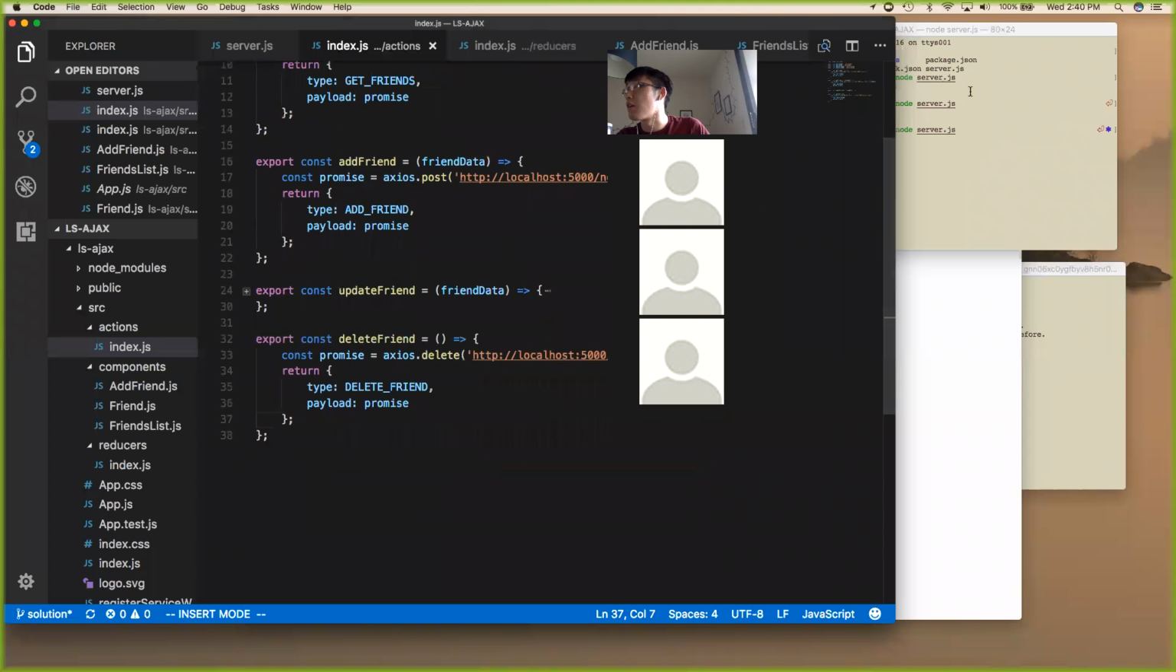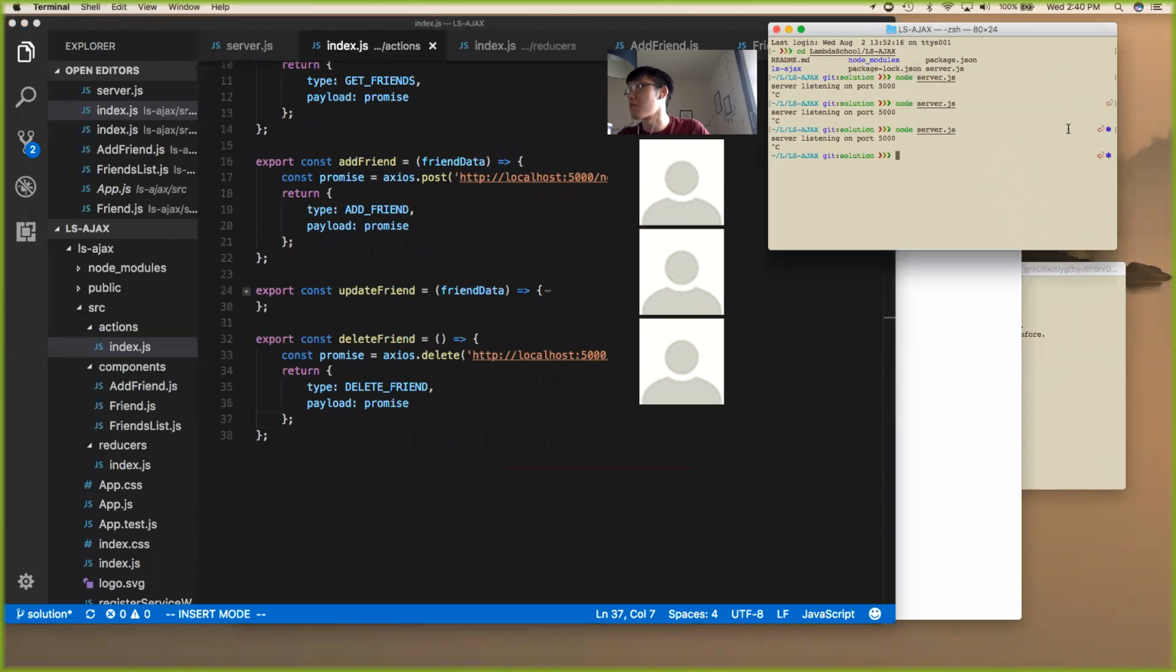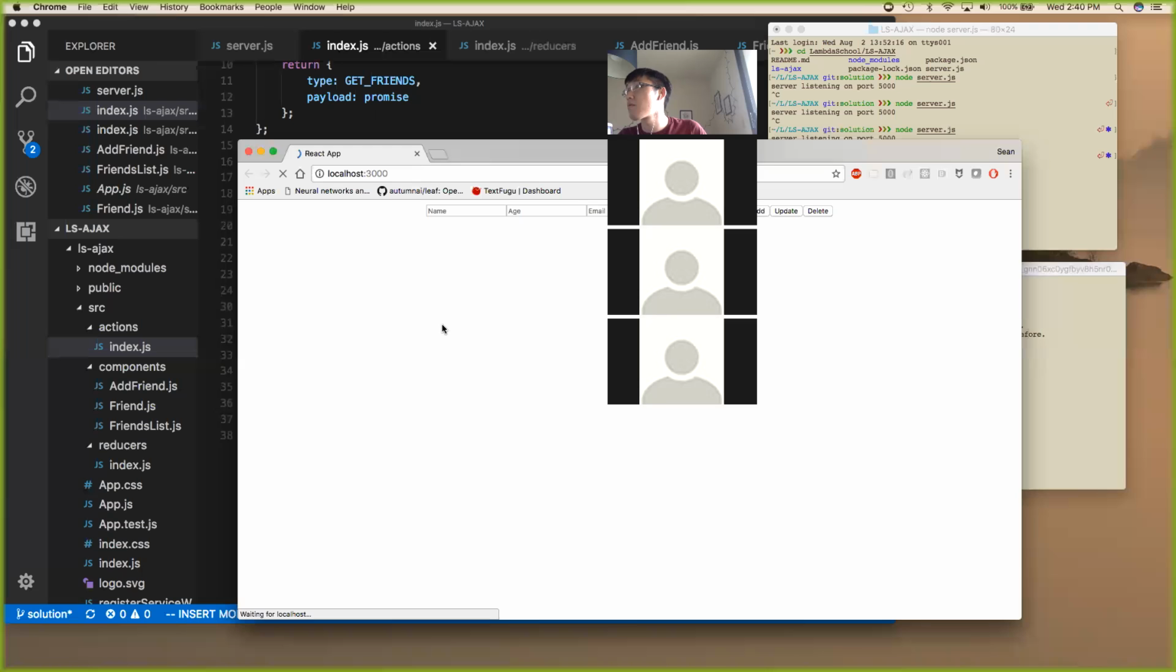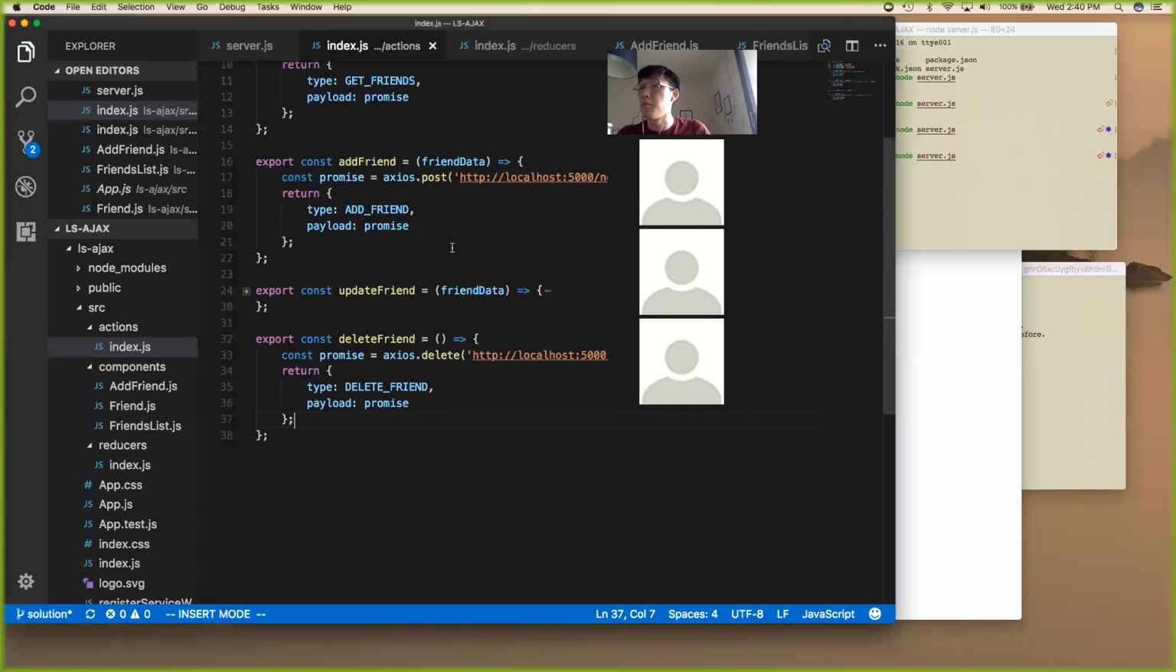Okay, and then let me restart the server so we have some stuff in the array again. Okay, and then for update,